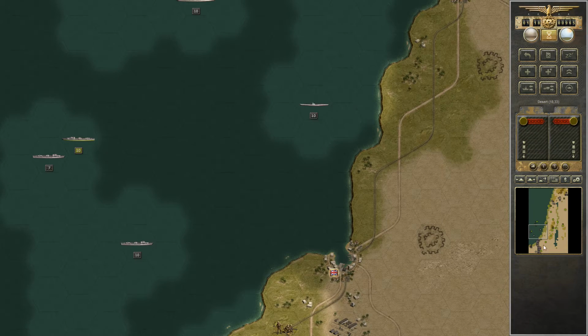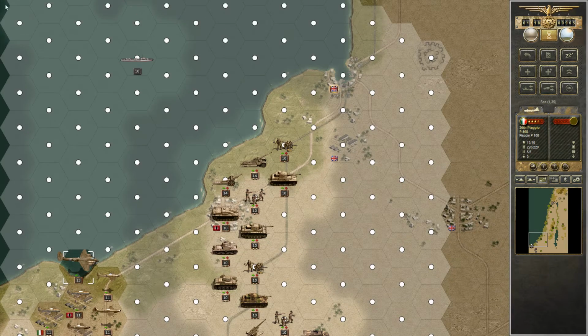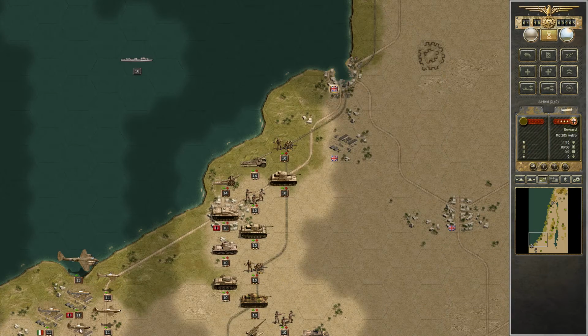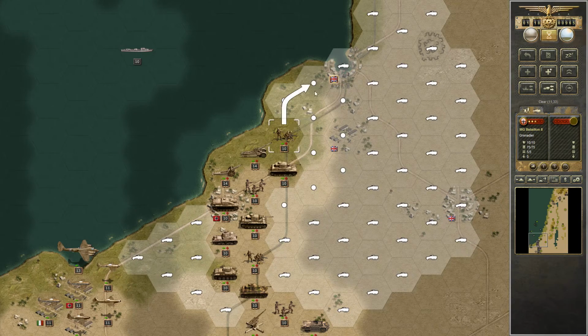yeah. We will win the naval battle. That's not a question. They are pretty easy. We'll keep our Air Force for the moment, and let's see if we can get in some scouting information. I don't think we know anything, so